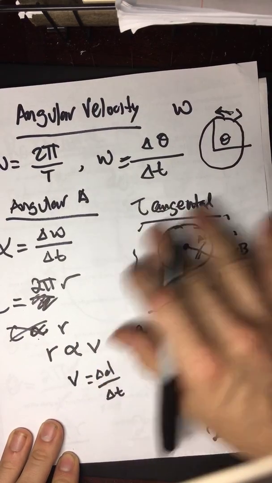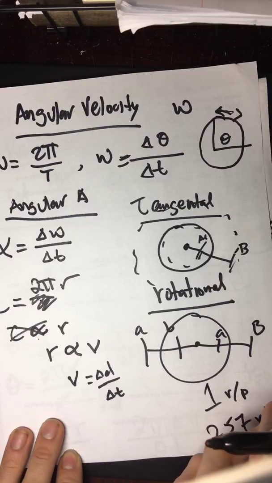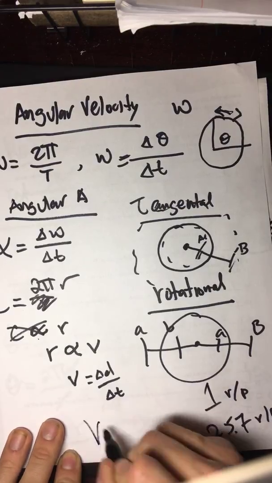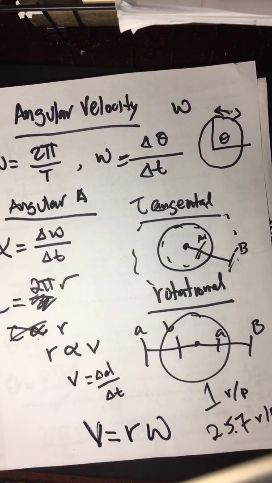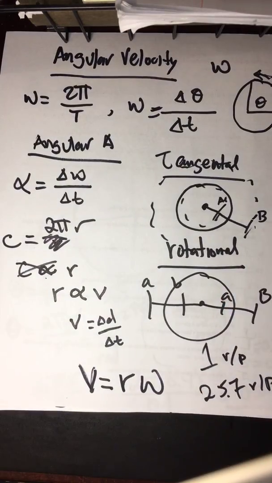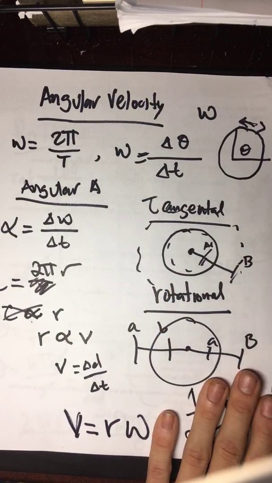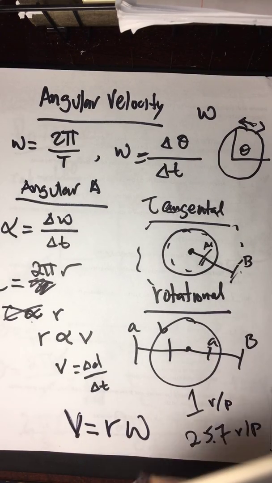So we're seeing that here with tangential and rotational velocity. And so that's the fact that we're trying to get across here, is that velocity is really overall equal to our radius times our angular velocity, which is lovely because of the fact that we have tangential. Even though our RPMs are the same, one is spinning faster than the other, and it is very, very highly true in this case. So we're seeing that the ball is rotating at 2